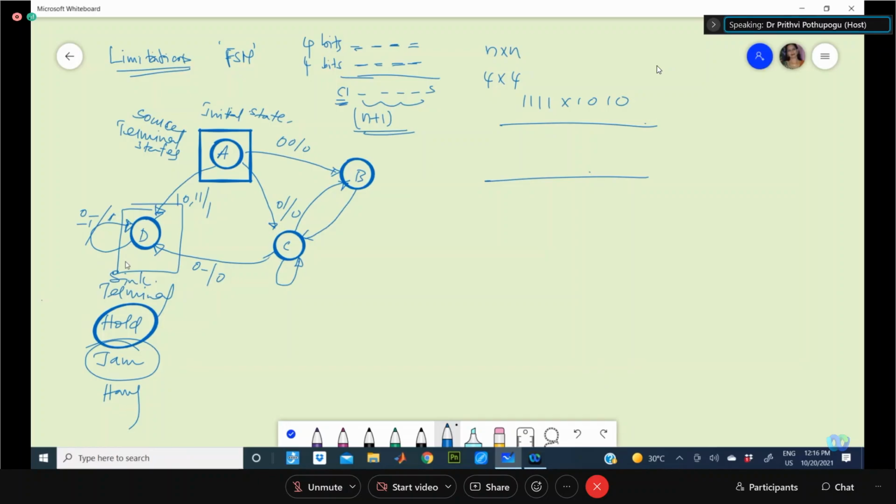Source terminal states you can have, because that is the initial state where, whenever you start the system, you'll reach back to this source state and from that you will come out. But to the maximum, try to avoid source and sink terminal states. Sink is the most dangerous thing, and the source, to some extent based on the designer's aspect, you can have the source terminal state.